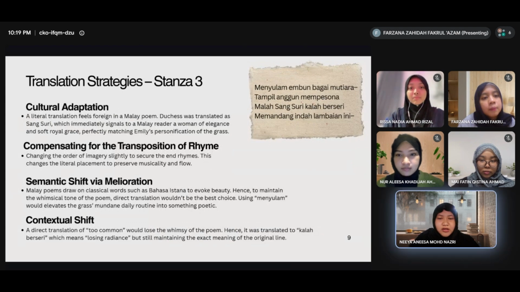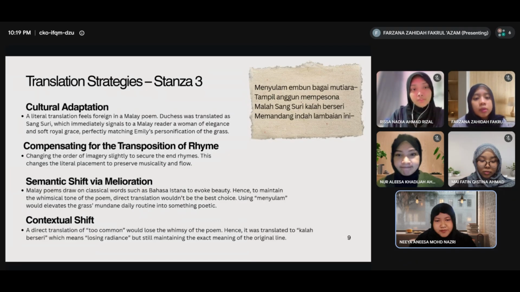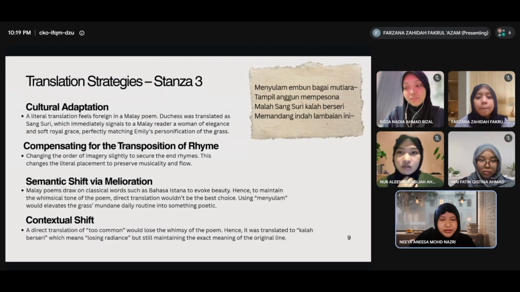Thank you. So now I will discuss the translation strategies used in stanza 3. In this stanza, Dickinson describes how the grass is covered with dew throughout the night. The dew is compared to pearls, creating an image of the grass being beautifully decorated. So through